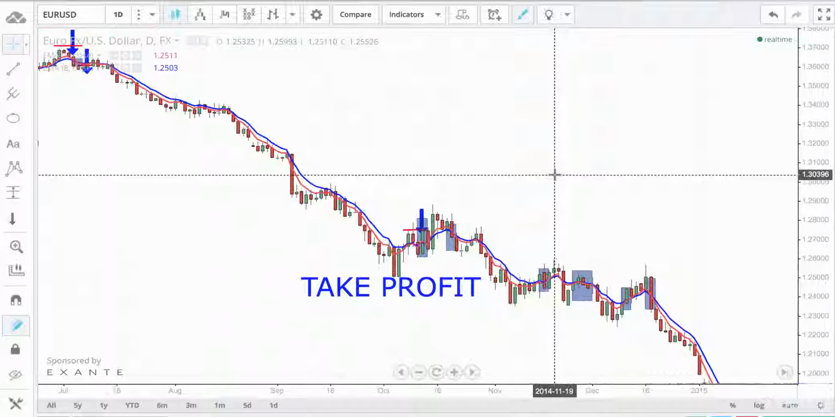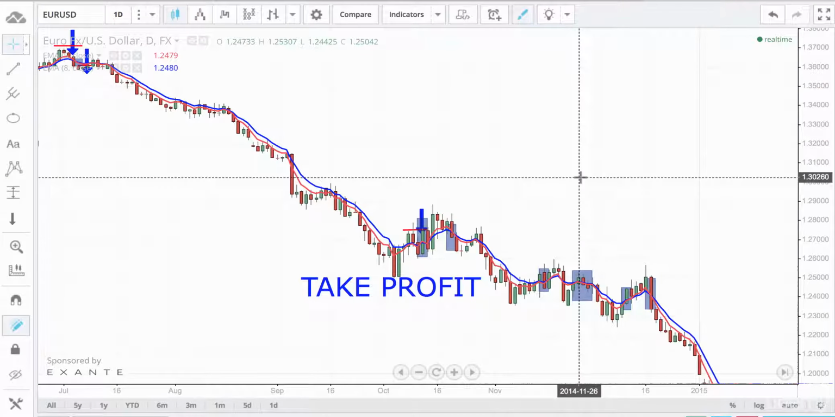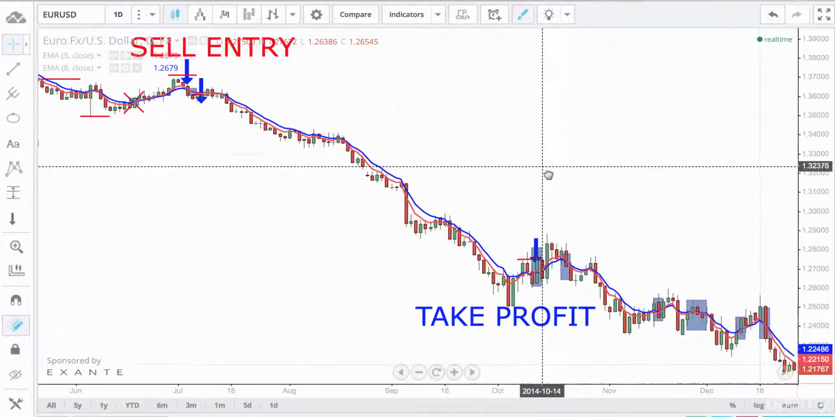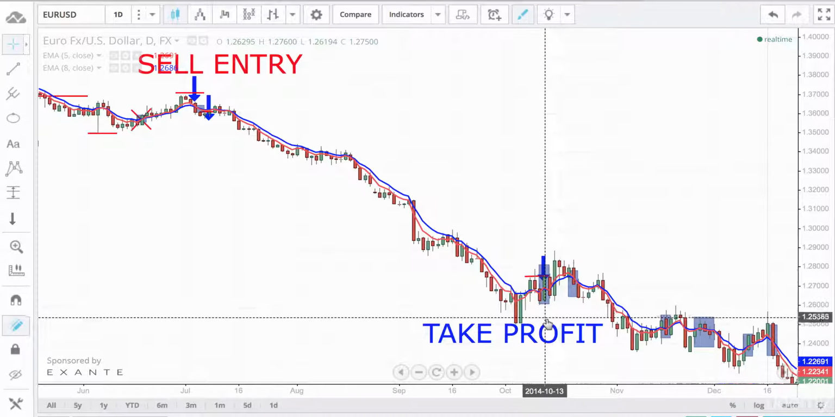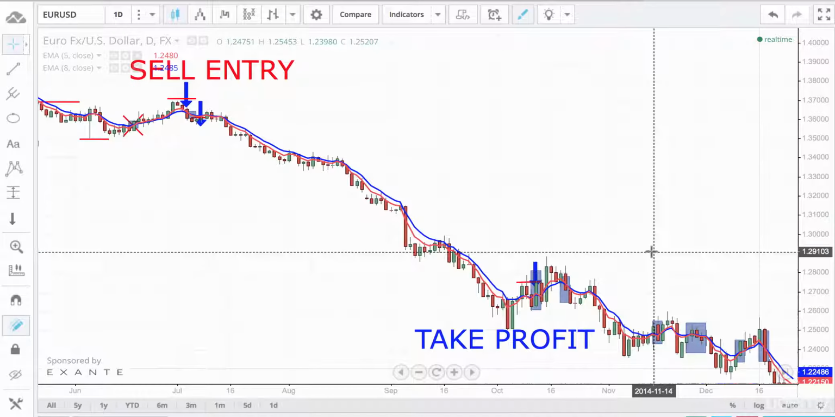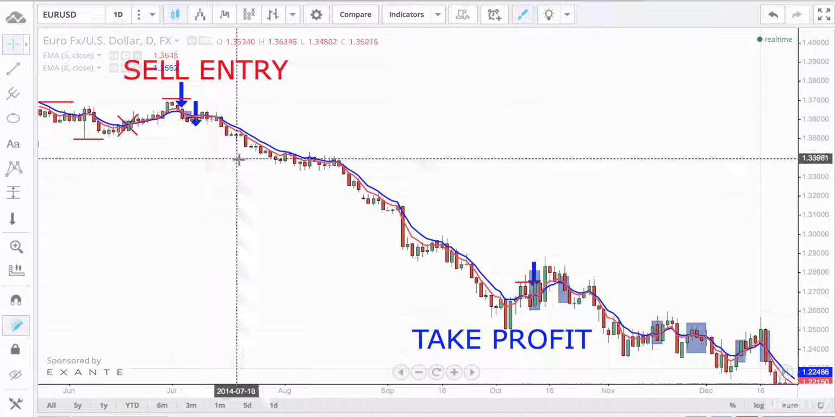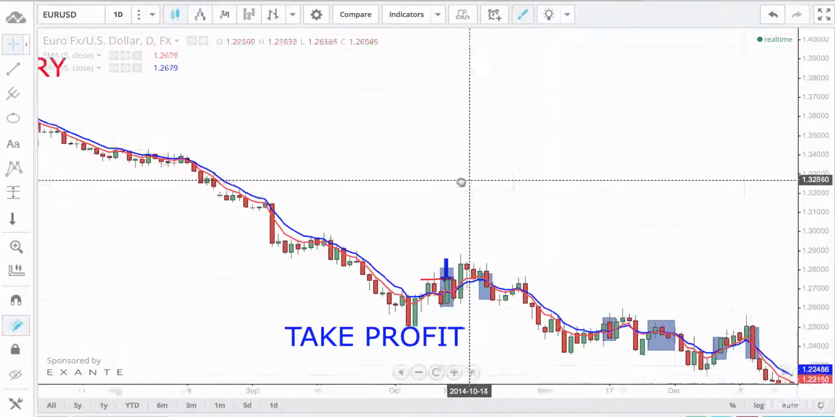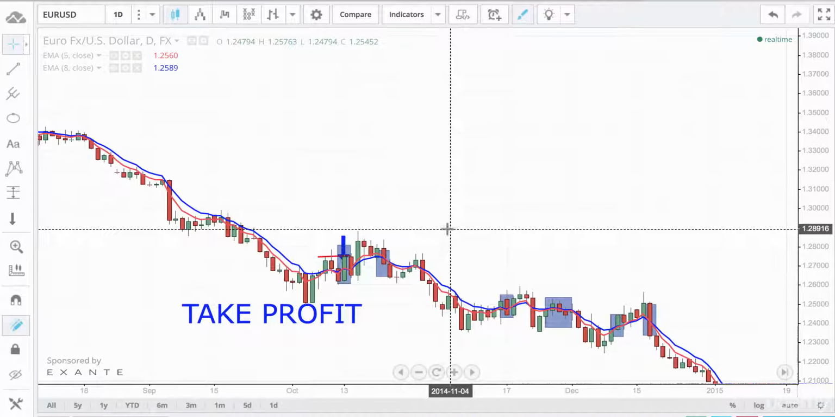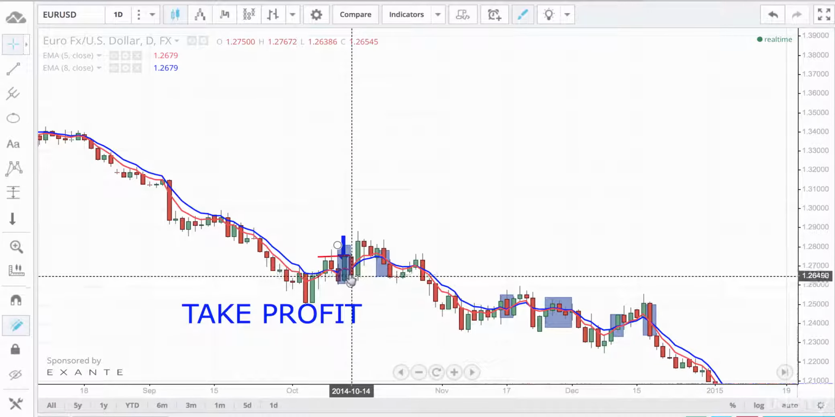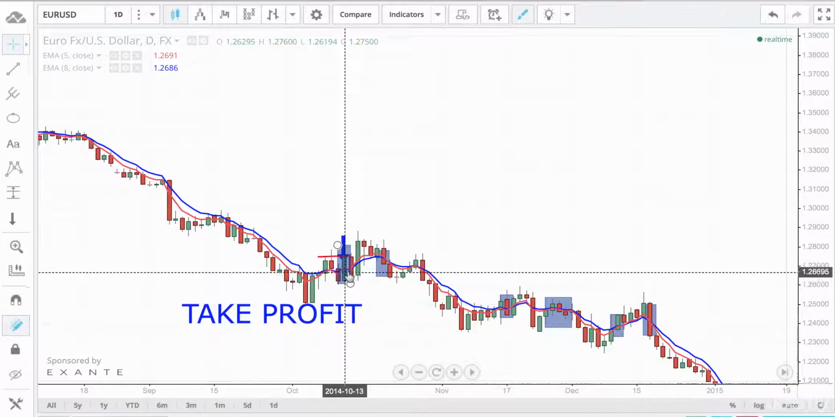So coming back to the chart of the euro dollar, the daily chart of the euro dollar, I have marked those areas with sell entry and take profits, so you can see easier where exactly those levels are. And if we proceed with the chart and continue analyzing, the next place that we have our take profit